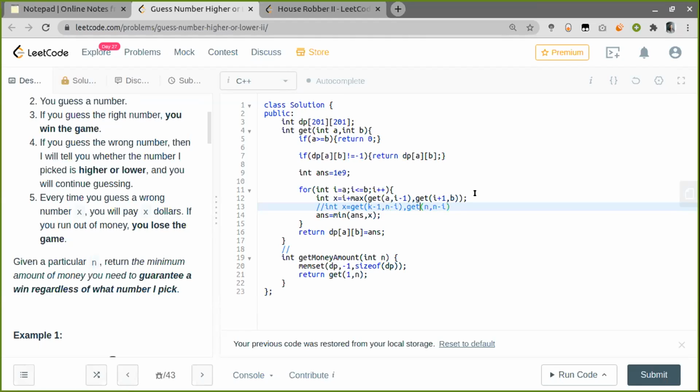So we need to take the max of both of these. So it will be I minus 1, k minus 1 in the first one, and the other will be n minus I, k. So it is almost similar to the egg drop.